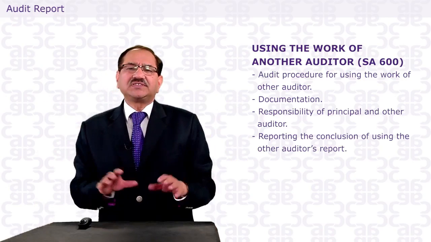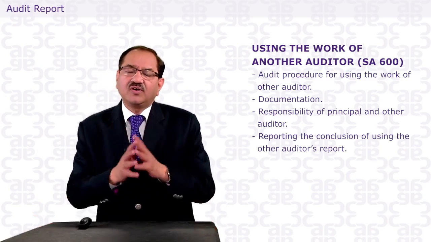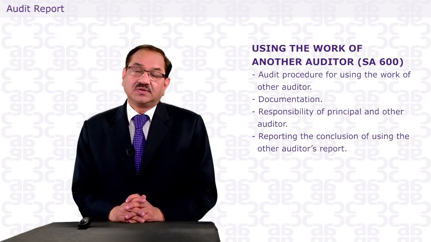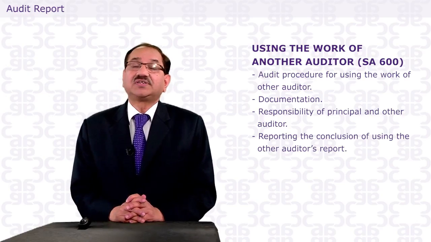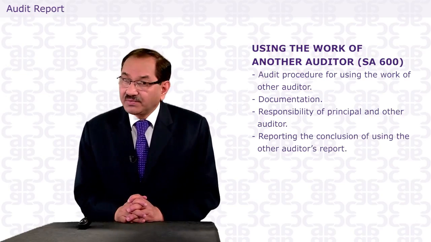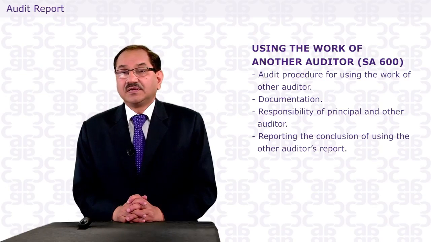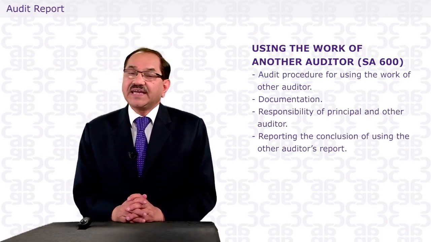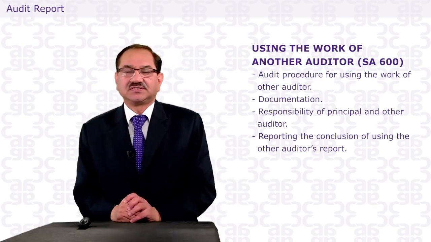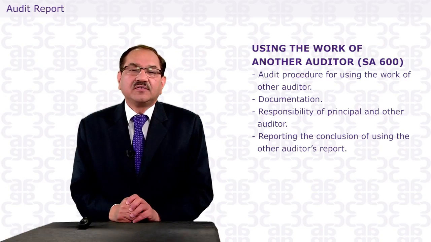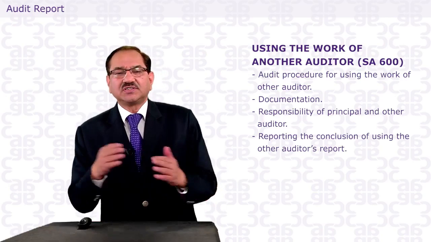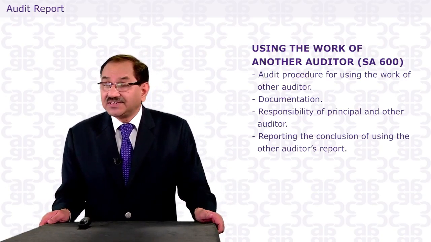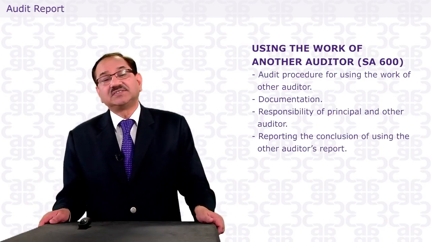So those are the audit procedures which the principal auditor has to follow for using the branch auditors' reports, component auditors' reports. Dear student, overall, you have to remember that the principal auditor is solely responsible for his opinion. He cannot put the blame on the branch auditors, saying that my opinion became wrong because the branch auditor has done wrong. If he has done wrong, he has to apply that due diligence process to him.